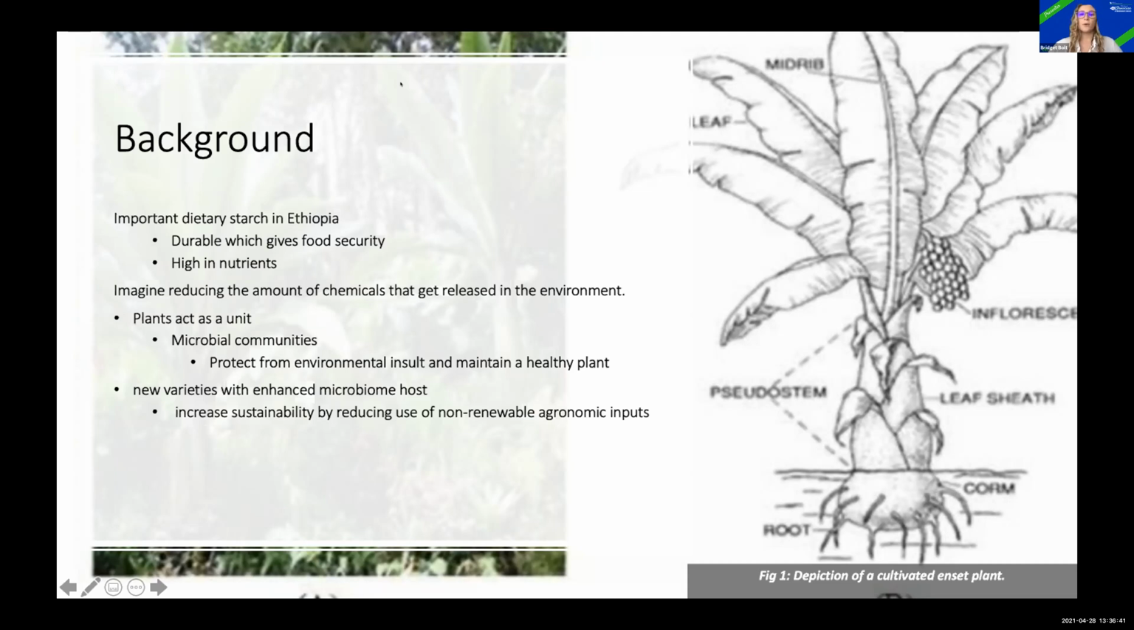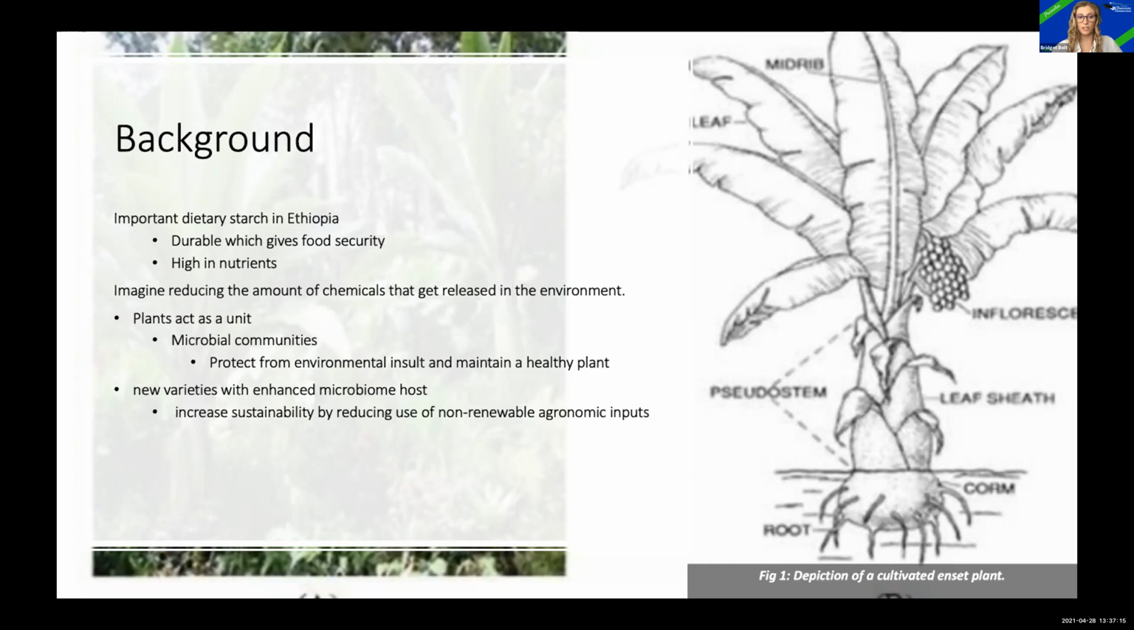It's important to also understand that the plants act as a unit. So the microbial communities help against environmental insult and also help maintain a healthier plant. So being able to identify potential genes that signal for these microbes, you could then create a microbiome host that is able to be more sustainable in reducing non-renewable agronomic inputs that would be better for the environment and also